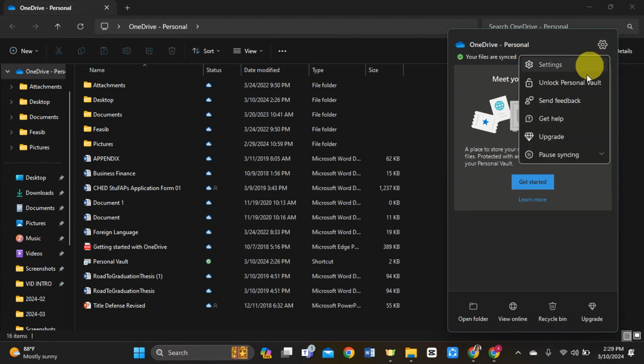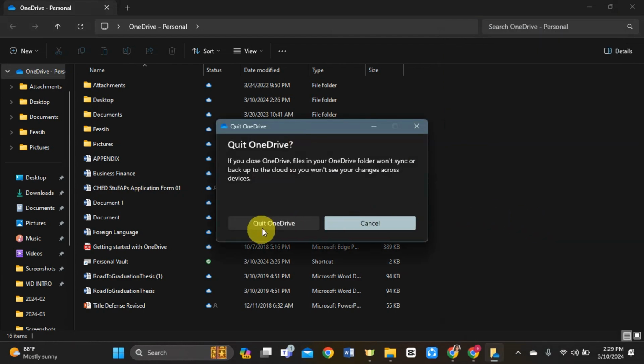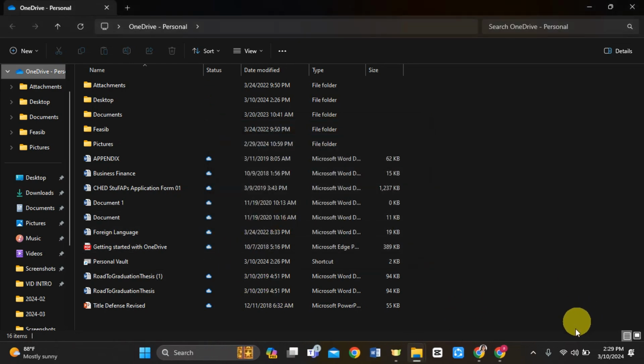Click onto the settings in here, click onto the pause syncing, and then quit the OneDrive. So you could quit the OneDrive so that if you close this, all the files in your OneDrive folder won't sync or back up to the cloud and you won't see your changes across devices. So you'll just have to simply click onto that to unlink this one,